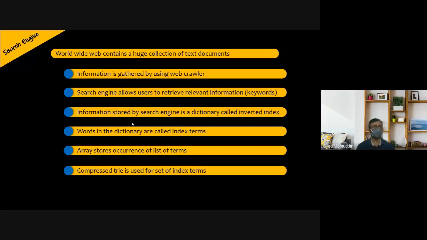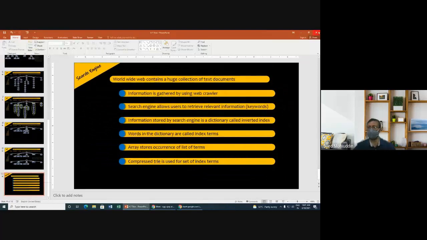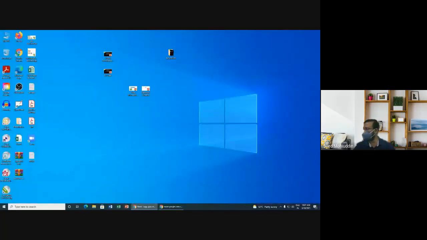Actually, I thought of completing the AB trees as well as B trees, but the lab was open a little late, so we could not do it. Anyway, it doesn't matter. In the next class, we'll try to complete that. Now, if you have any questions, you can ask me, or we can